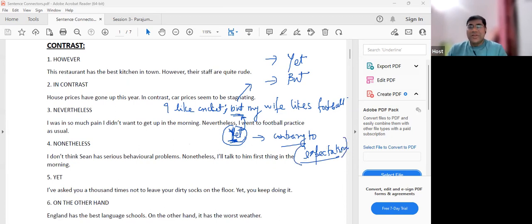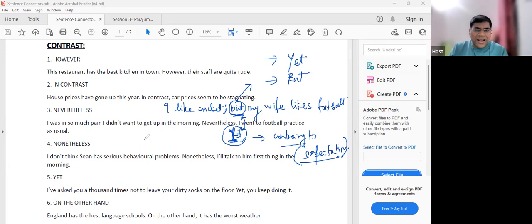I hope I have made clear the difference between yet and but. It changes the tone of the sentence. So if you want to identify the tone of the author, yet is a very forceful, disappointing tone. But is just giving a very generic, passive tone to it. So certain words, when they are used, give the sense of the author's emotion as well. Are we clear now that these are not very small things? They speak a lot about the mood of the author, the tone of the writer.